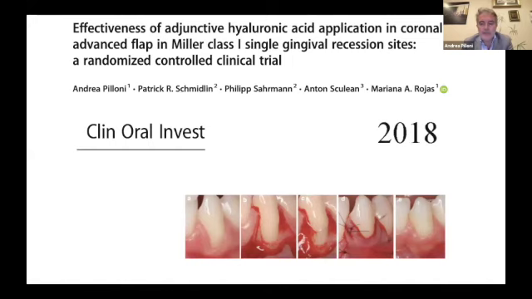Then, very close to now, 2018, thanks to a big group of people, the University of Bern and University of Zurich, we looked at Miller class 1 single gingival recession sites in a randomized controlled clinical trial to see the application of HA in mucogingival